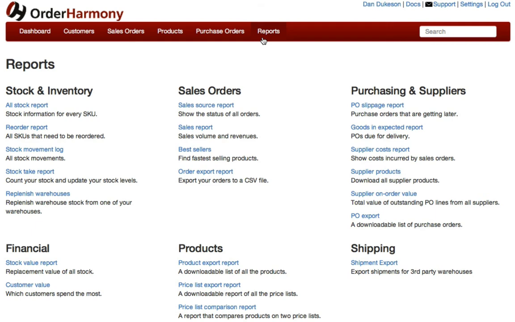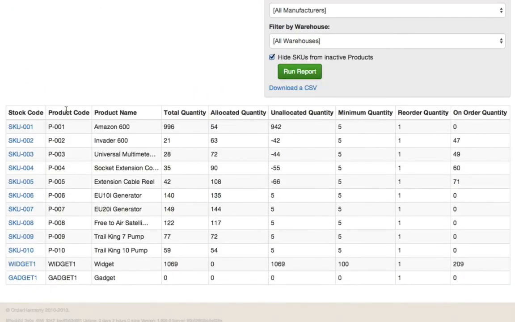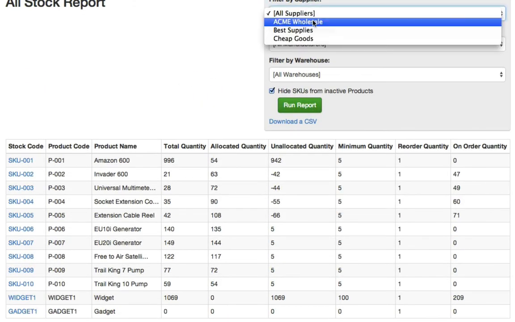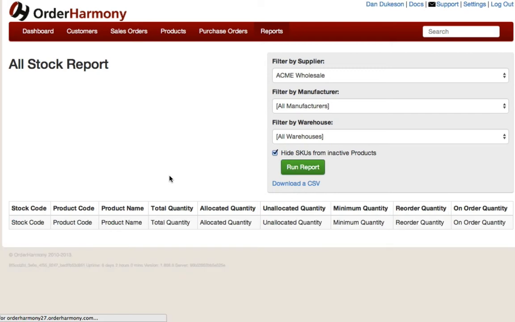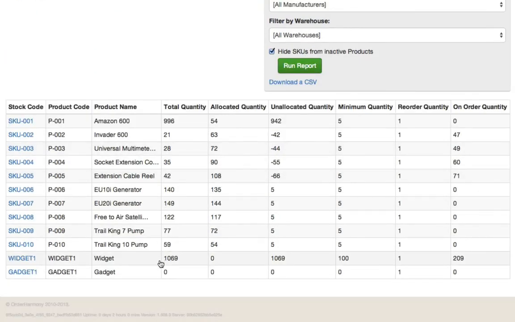While you're waiting on stock from your suppliers, you can look at the all stock report and indeed filter by the name of the supplier. So we can now see all the SKUs supplied by Acme Wholesale, and we can also see that there are 209 on order of that particular SKU from that supplier. So if we click through to the SKU,